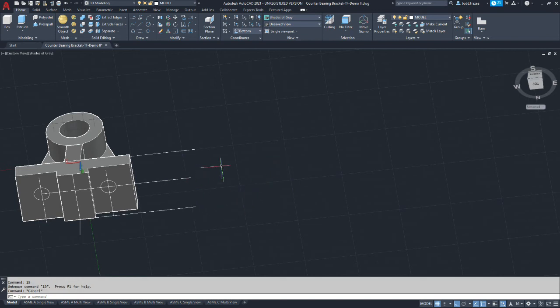I'm going to go back now, and we're going to delete some of this construction geometry.